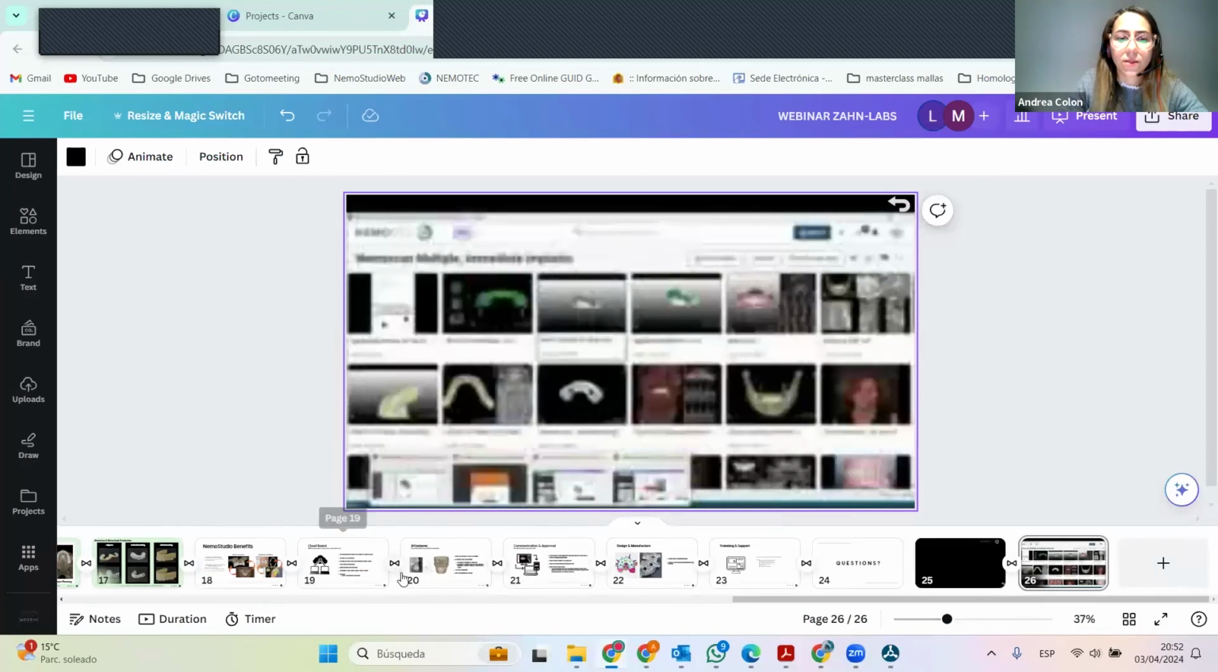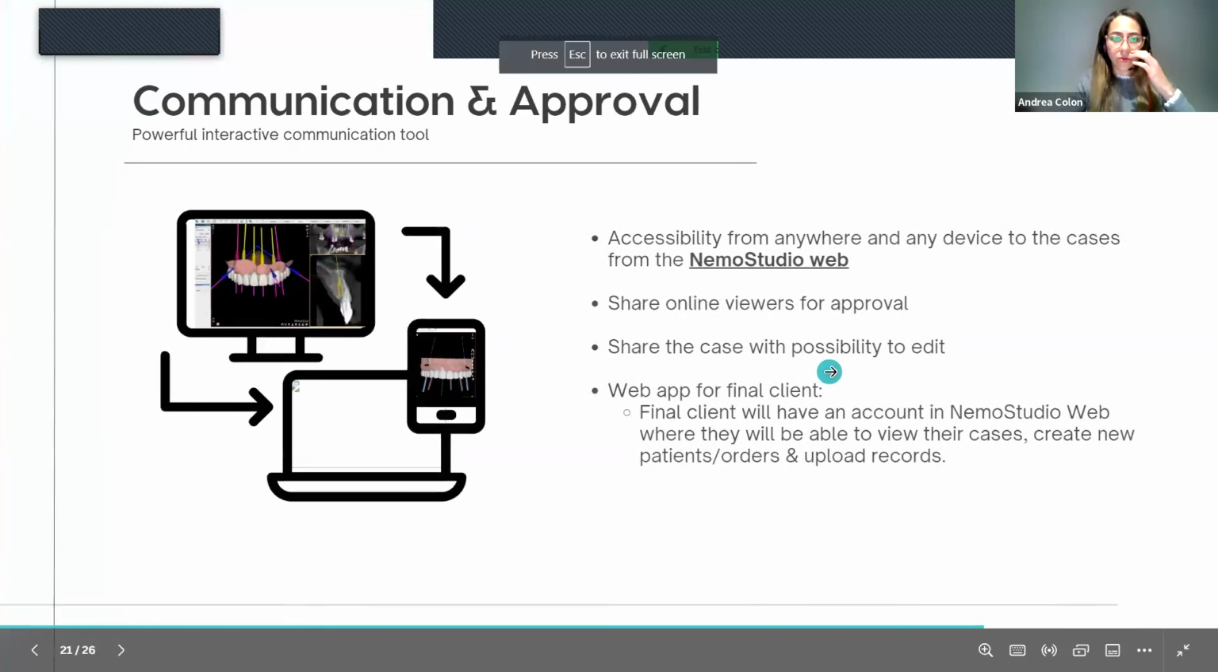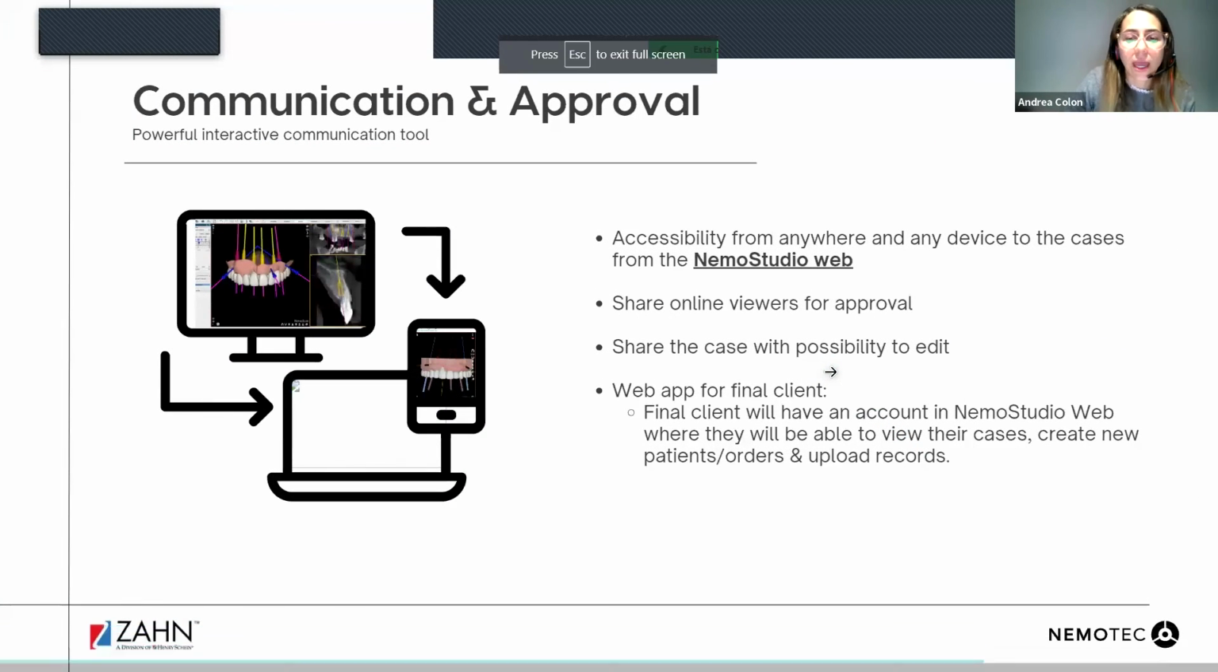Okay, I need to go back. Sorry that I have to do that. The toolbar doesn't allow me to do it the other way. Okay, so